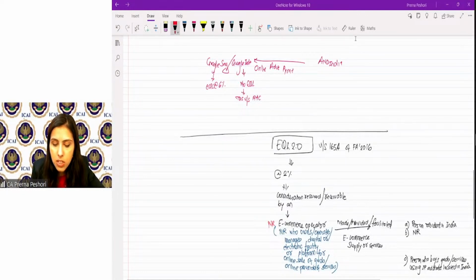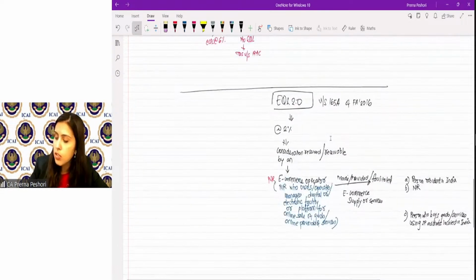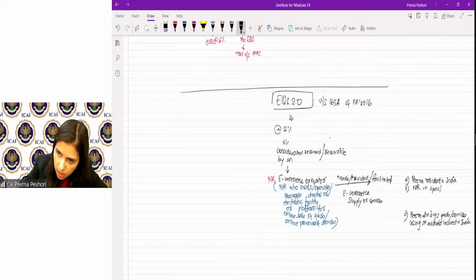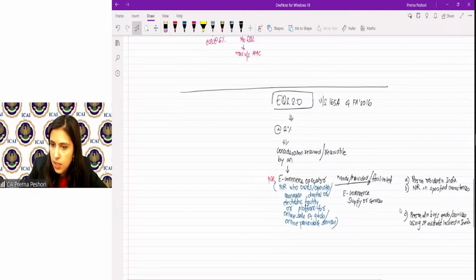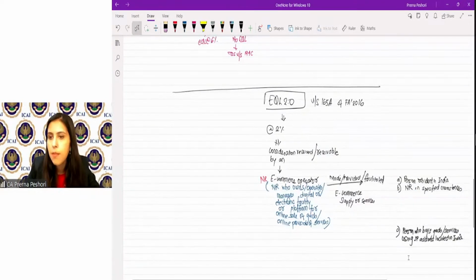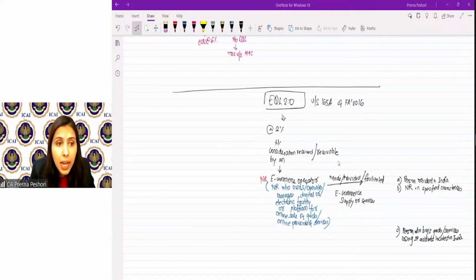In the case of a non-resident, the equalization levy will be applicable only in the specified circumstances. So you can just write down over here, in the case of a non-resident, in specified circumstances. Now, what are the specified circumstances? Let's try and understand. So, in the case of the non-resident, we are talking about one non-resident paying to another non-resident. Equalization levy will be applicable only in specified circumstances, which is sale of